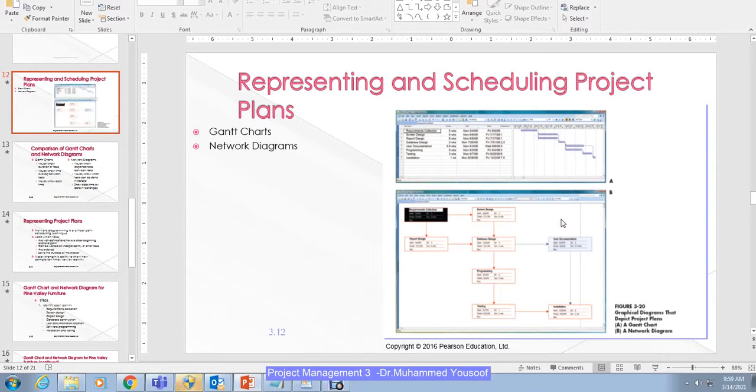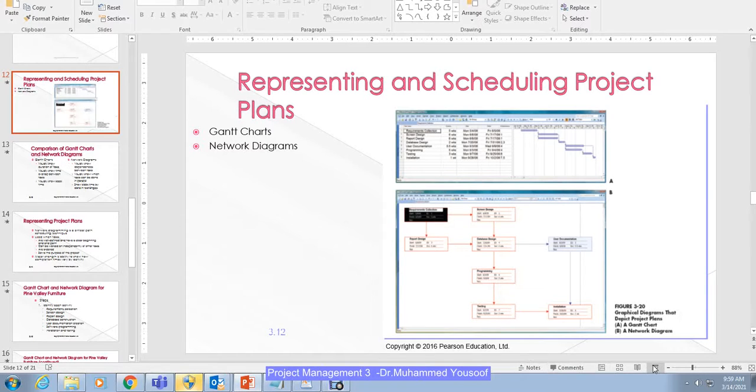Now you can see this is called a network diagram. A network diagram shows task 1, then it goes to task 2, then task 3, from here to here. Task 1 starts here. So after you finish tasks 2 and 3, it goes to this one. Then it will show what steps are going to be followed in completing the development of the project. So that is going to be explained in the network diagram.